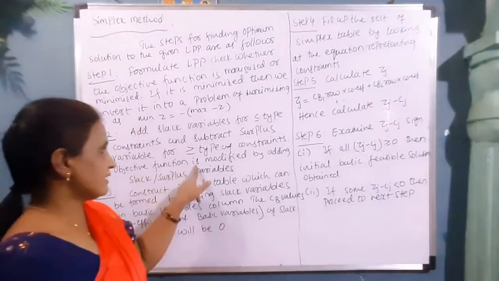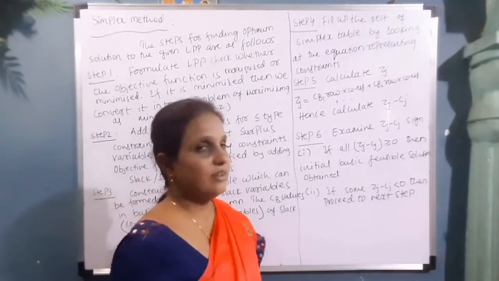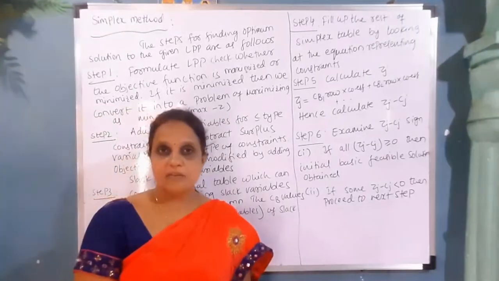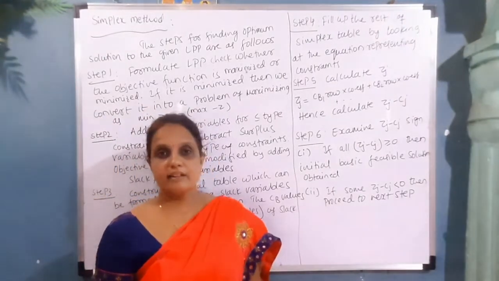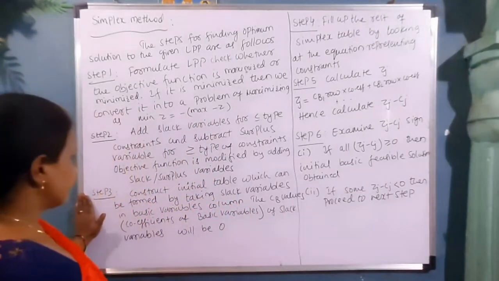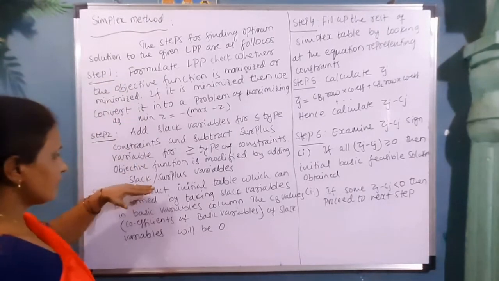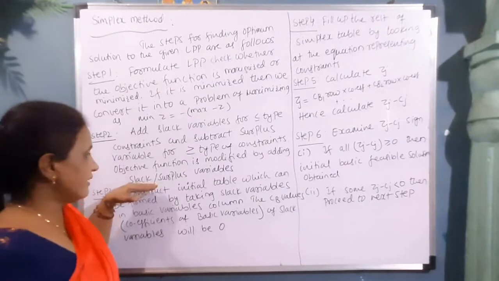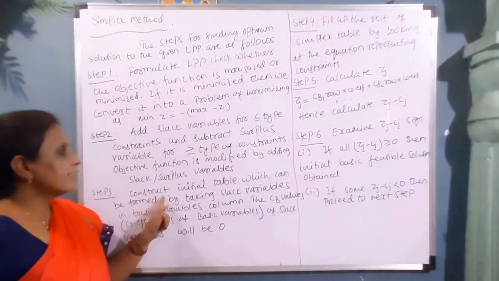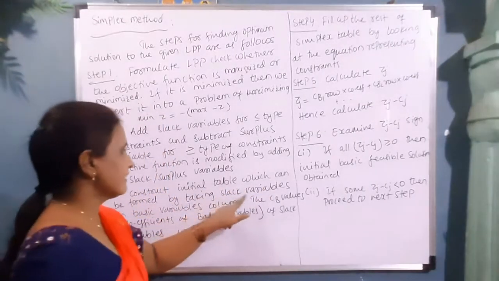So in the objective function, we will add the slack or surplus variable, but the coefficient of these is always 0. If we are having slack variables expressed in the objective function, their coefficients are always 0. Up to this much, whatever the given linear programming problem is, that much we have written. Now step 3: construct the initial table, which can be formed by taking slack variables